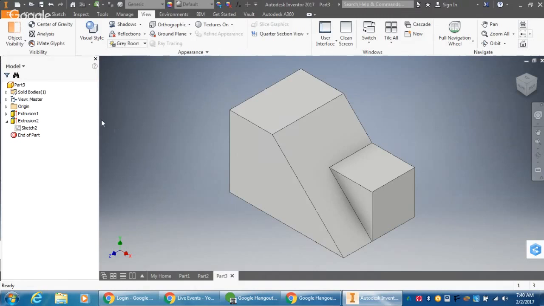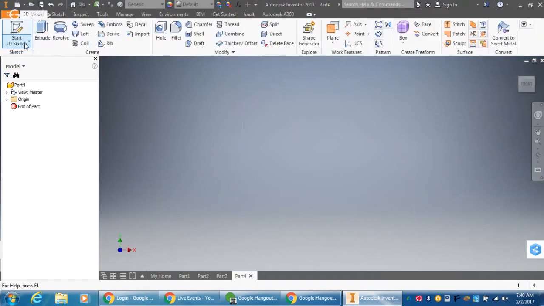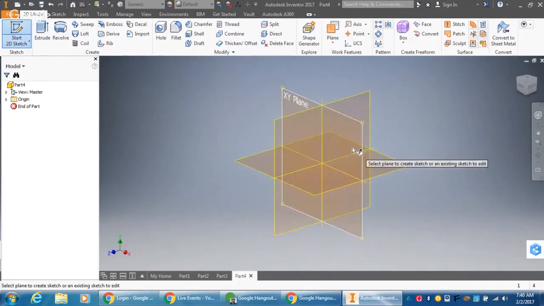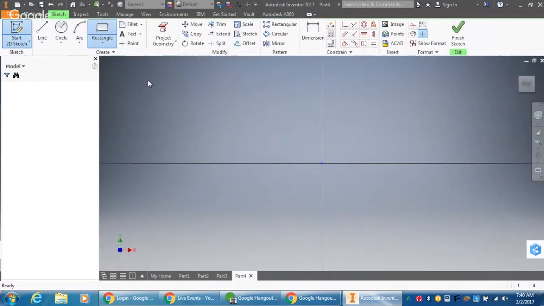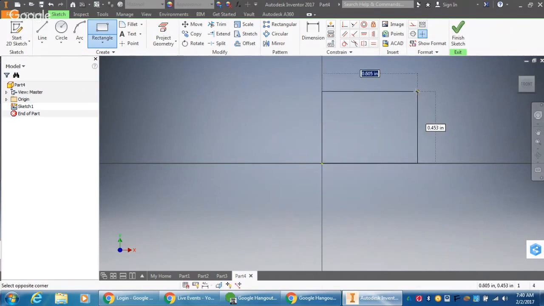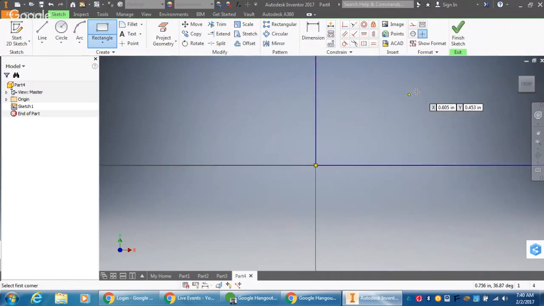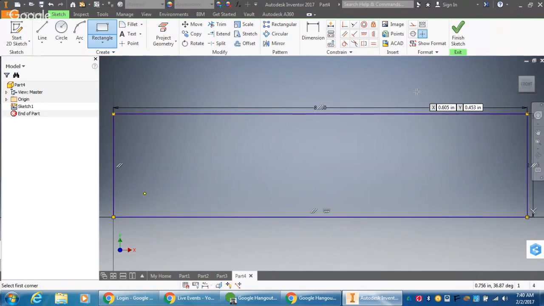All right, on this last one, make sure you go ahead and save that. What I want to do here is start a new part, 2D sketch, XY plane, 2-point rectangle tool, starting at the origin, drag up in the positive X, positive Y direction. And what I want here is 8, tab 2, enter. Now I'm going to actually create an L shape here. And in that L shape, all right,